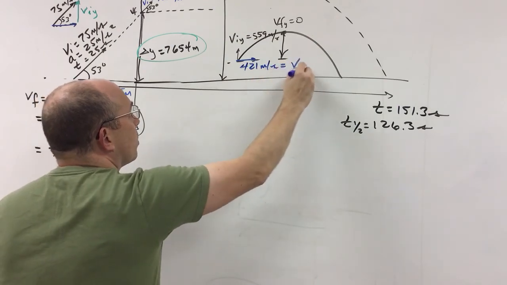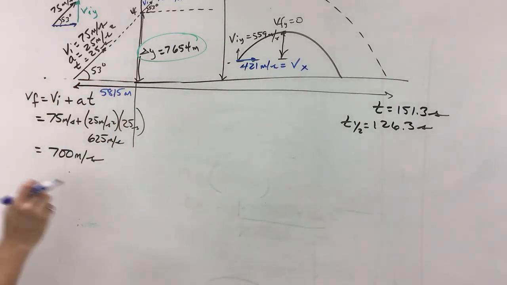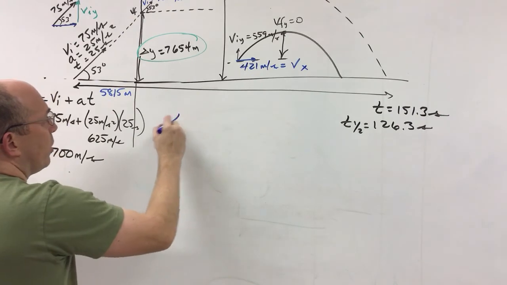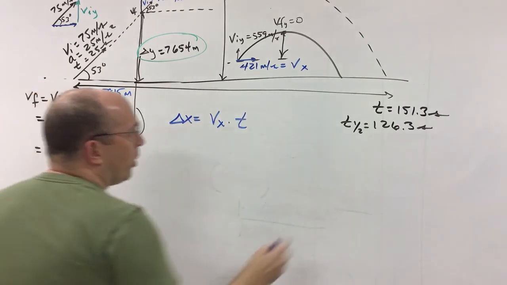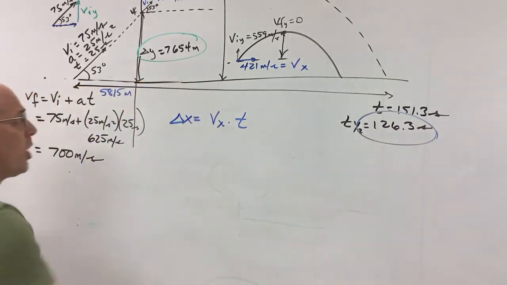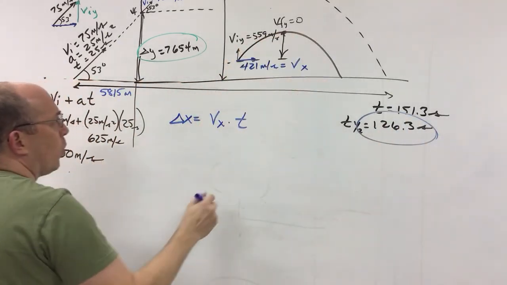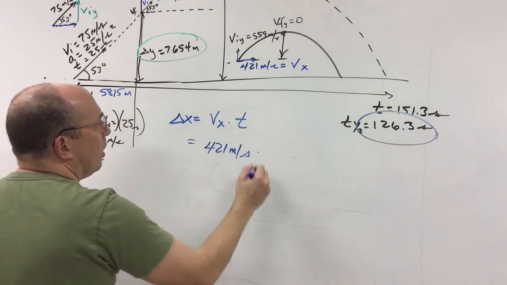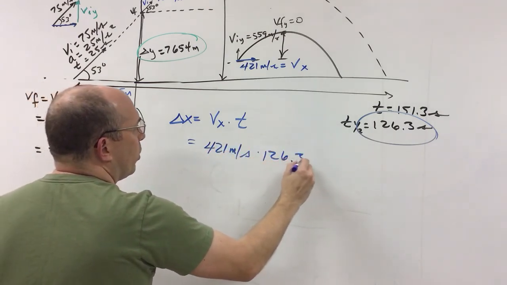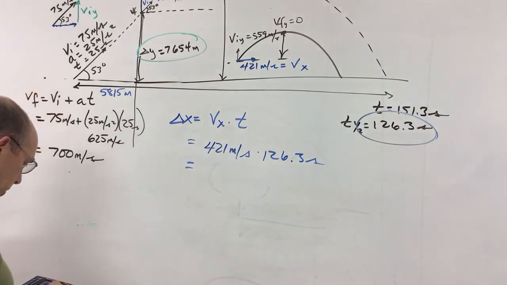That's Vx. So our downrange for the second half of the motion, delta x, is going to be Vx times t. We know the second motion's time: from here to the ground is 126.3 seconds. So this is 421 meters per second times 126.3 seconds